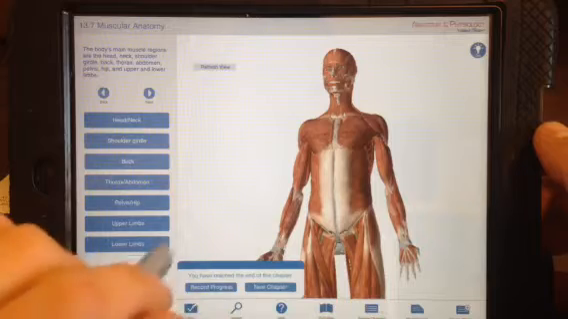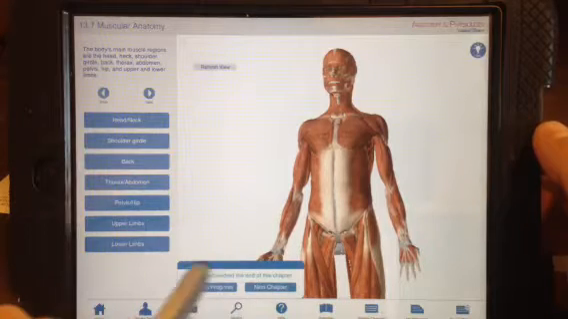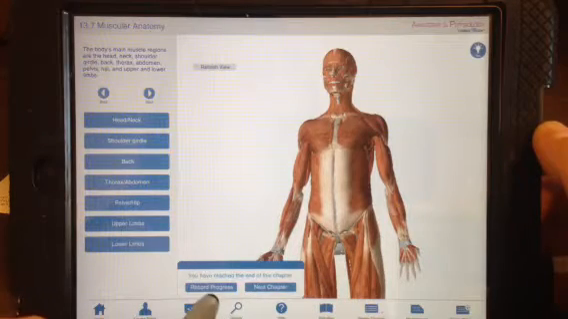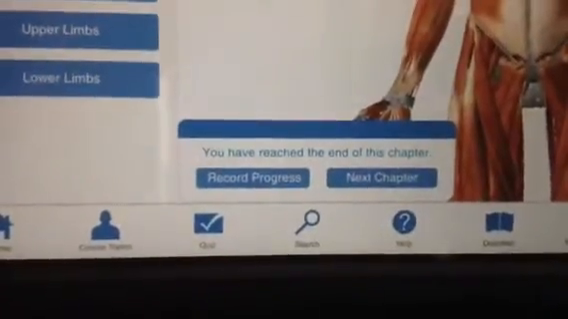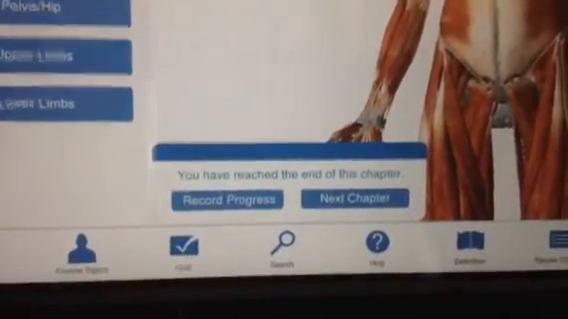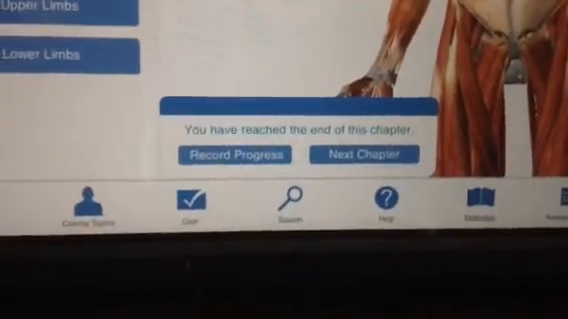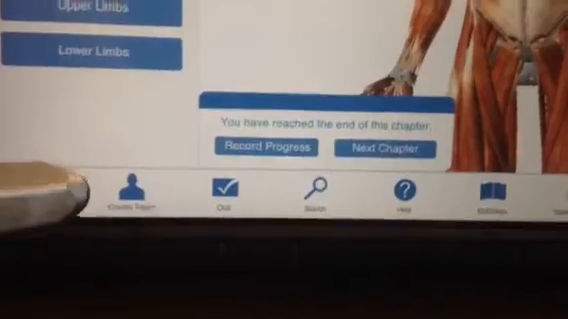So when you get to the end of a chapter, you'll see something down here in the lower window. You have reached the end of this chapter, and it'll give you the option to either record your progress, which kind of bookmarks your place, which can be useful if, say, the bell rings, or next chapter. So there's no quiz with this chapter, so I'm going to go ahead and click next chapter,